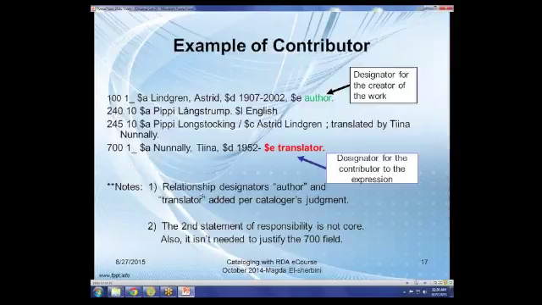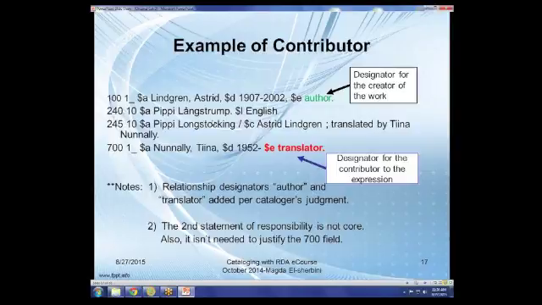Now, something else I want to point out here in this example on this slide is that again we have an instance of a uniform or preferred title. You'll see both phrases used. Uniform title is the older term. Preferred title is the newer one. And the reason this is here is because the